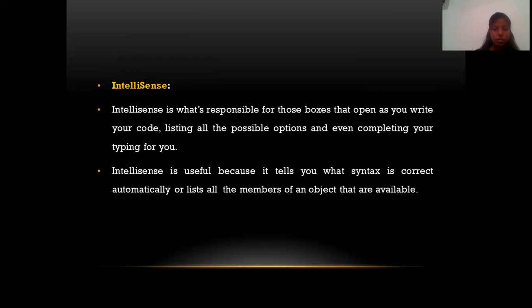These are useful because they tell you what syntax is correct.